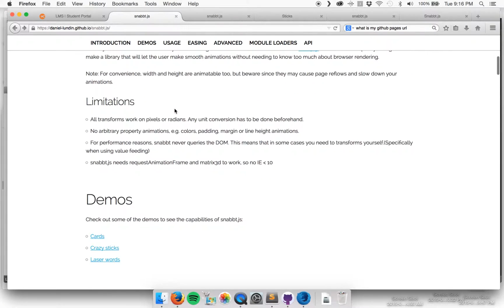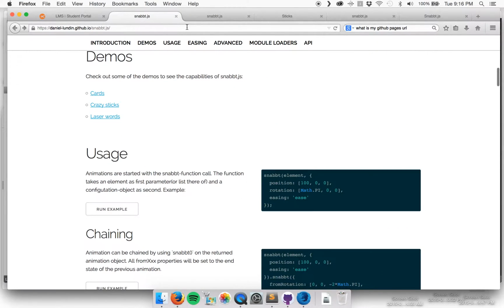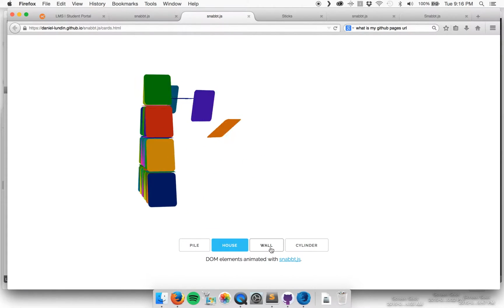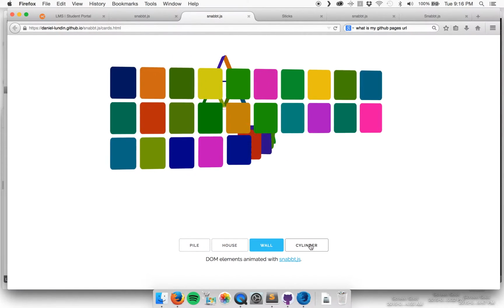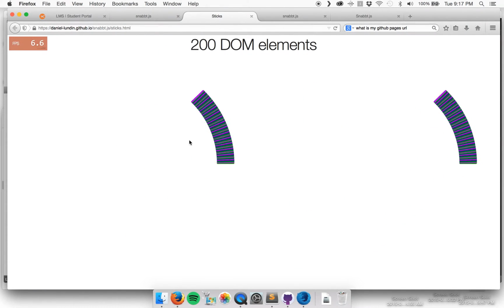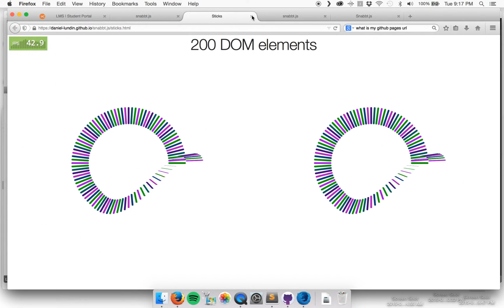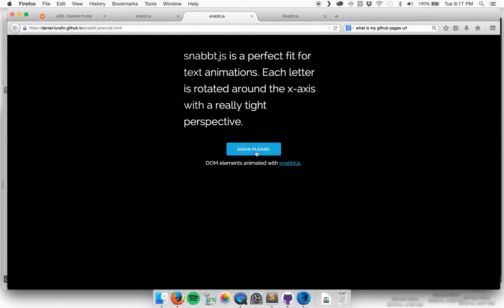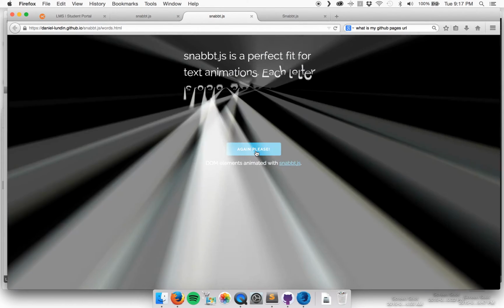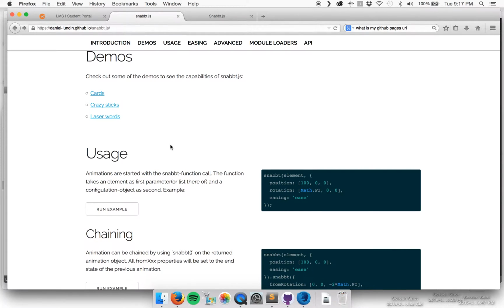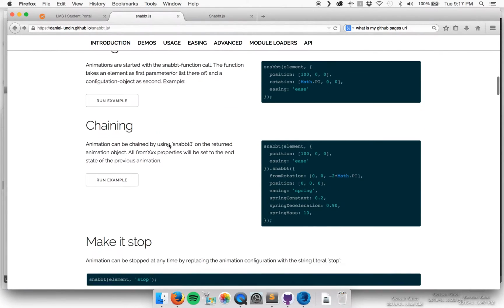Some of the other things: as you scroll through here, there are some demos, and I've got those open right here. There's a pile of cards, and it animates in various ways, you know, a house or a wall. There's the cylinder version. This looks really cool. There's the sticks thing that's continuously running, and the third claim is this text here. I'll just click this so you can see what it does. And the claims are that all three of those demos were created with Snap.js, and there are some other things